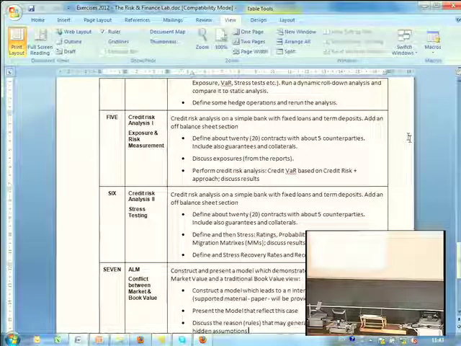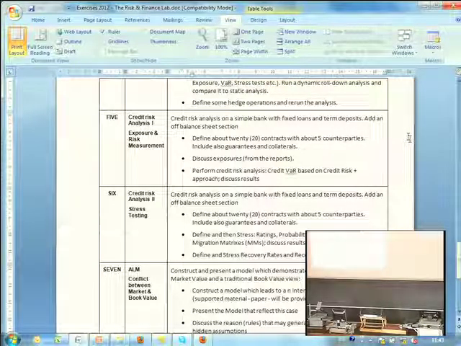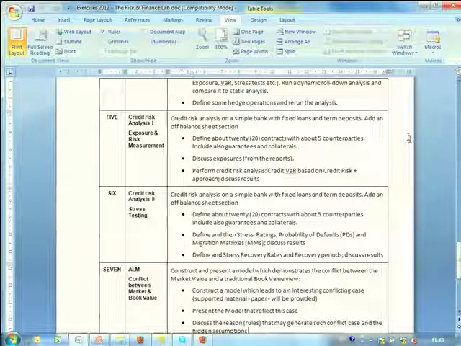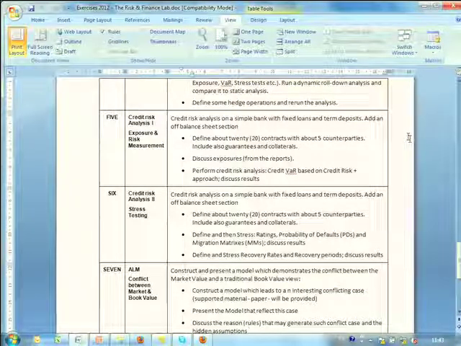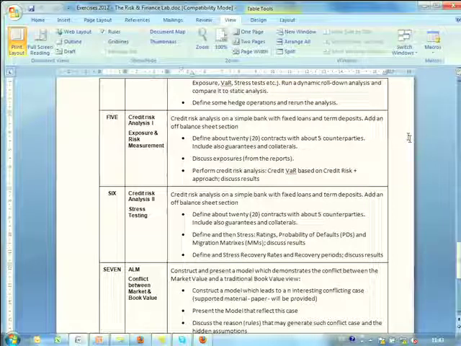Basically, they were always finding out where they stood, given the new market conditions, given the deals they had, and making plans for how they could go to the next step. It's like the ice in a crisis. That's how they used it. The only difference between what you do and what they do is that you just work with 10, 20, or 30 contracts, and maybe 5 or 10 counterparties. But that keeps it understandable. If you go beyond that, you just have to trust the system. Testing you always do with few, so that with the few, you can trust the more. With this, you can understand what happened.